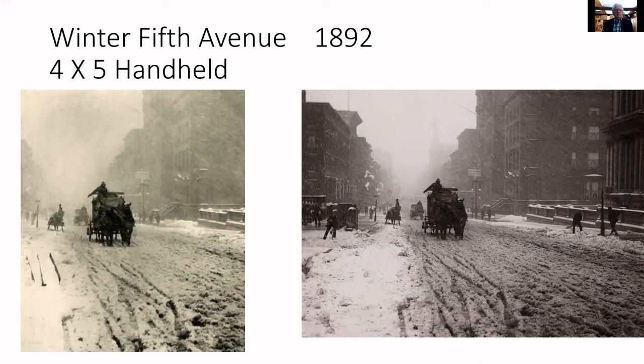He seemed like he was quite disturbed and very unhappy for quite a while. But at any rate, he does discover something that's very important, which is the handheld camera. And so he buys a 4x5 camera. 4x5 inches is the size of the actual negative or plate, and this is about a quarter the size of an 8x10, so it weighs a lot less. You can carry it around, and you can make exposures on the street as long as there's enough light without a tripod, which is kind of revolutionary.